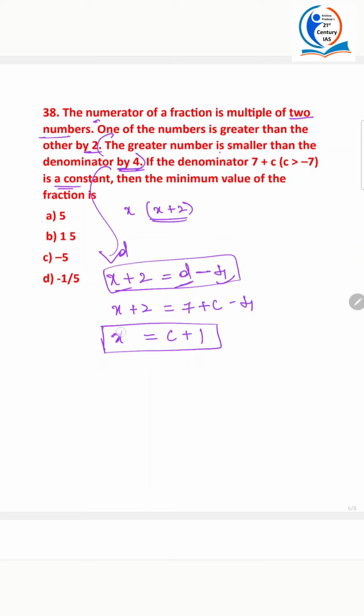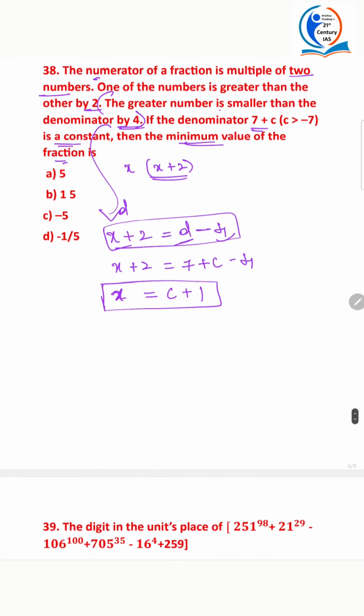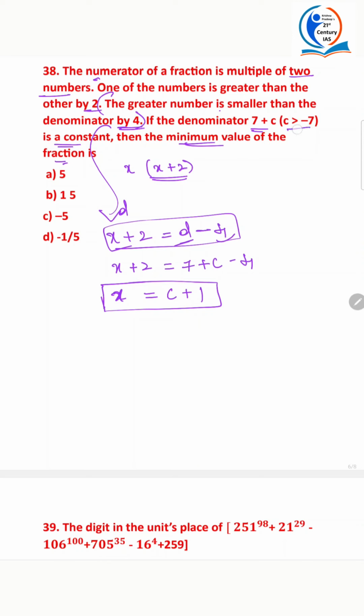Why are we writing x in terms of c? Because it's mentioned in the question. The value of c is always greater than minus 7 and they're asking us to find the minimum value of the fraction. So, you have to convert all the numbers into one particular variable. Okay. And we are converting it in terms of c because c's value is mentioned. At least the range is mentioned. Alright. So, what would be the fraction? It would be